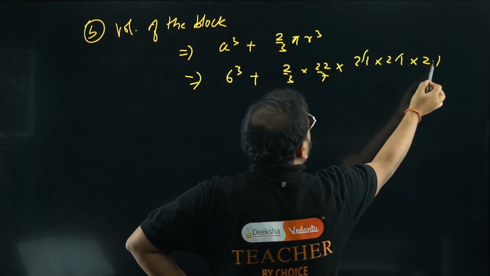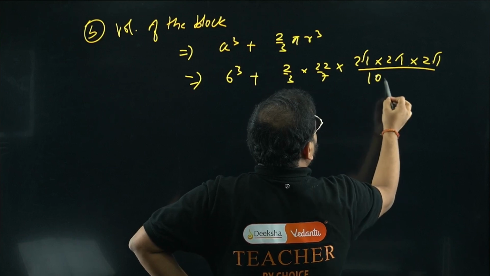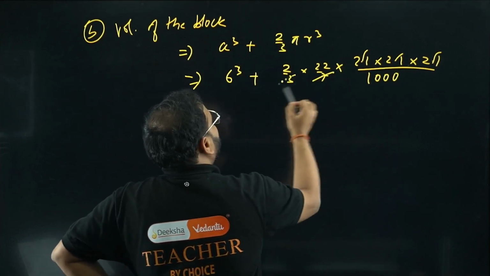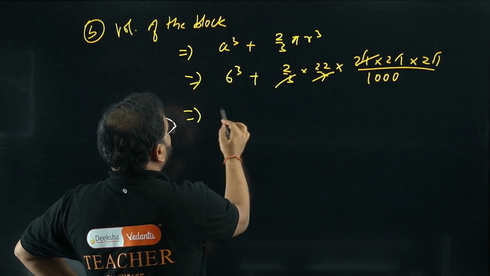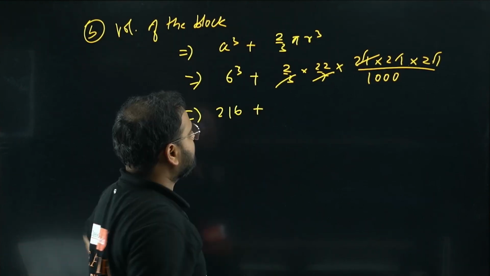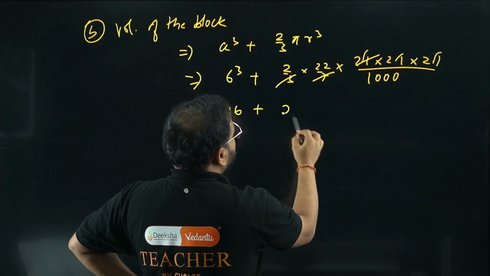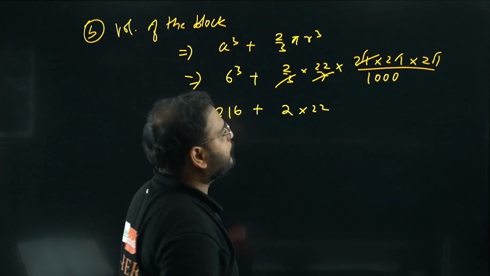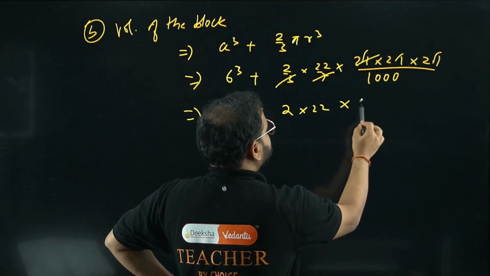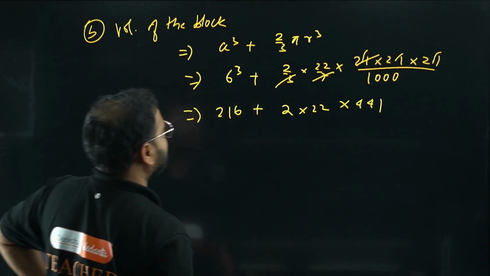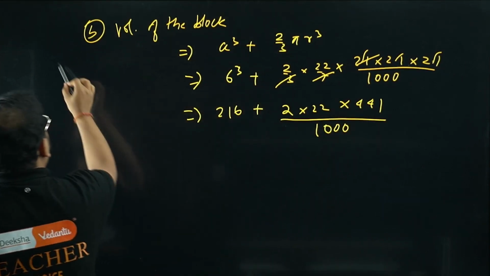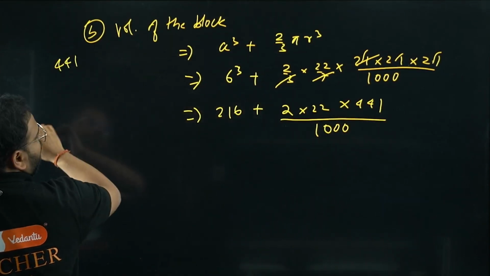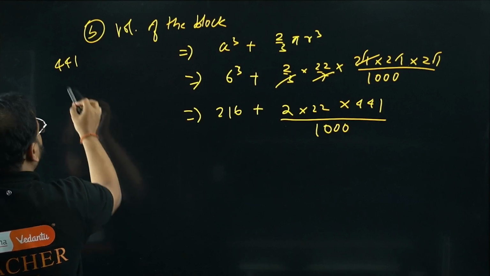Take the decimal places out, what I'm getting? 1000 over here, okay? 7 3s are 21, so cancel this out. Now what I have left? This is going to be 216 plus, I have here 2 times of 22 plus 21 into 21, so 441, okay, 441. Now multiply this, the whole thing divided by 1000, right? So 441 into what? Into 2 is how much? Simply